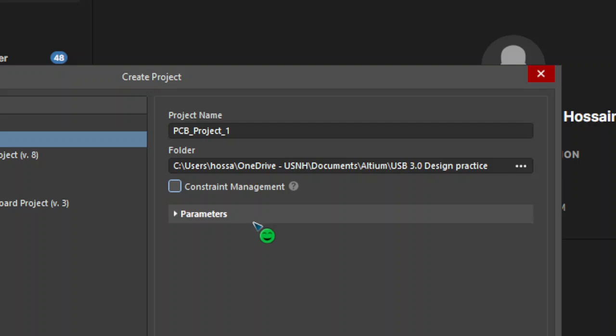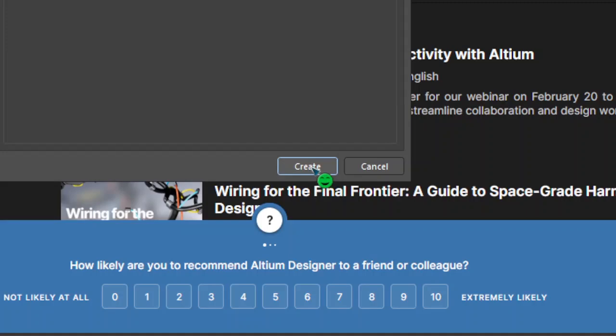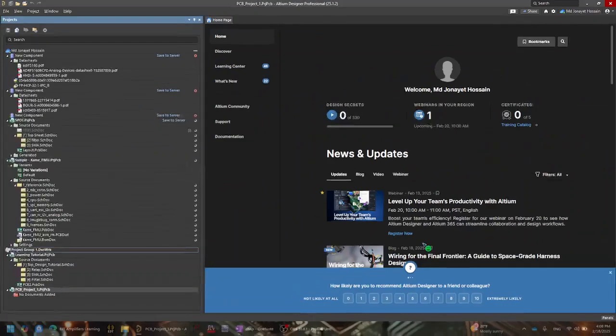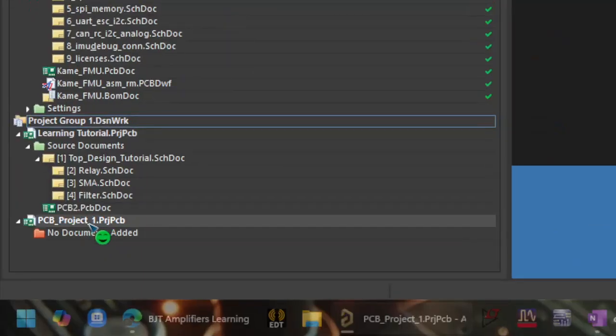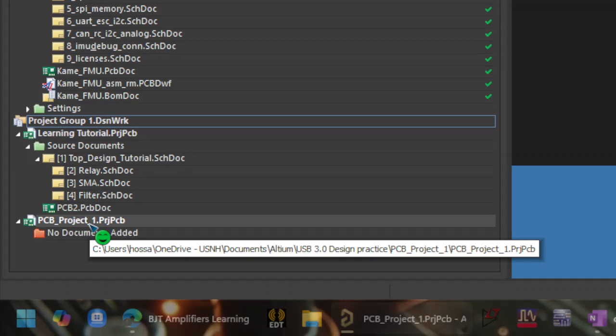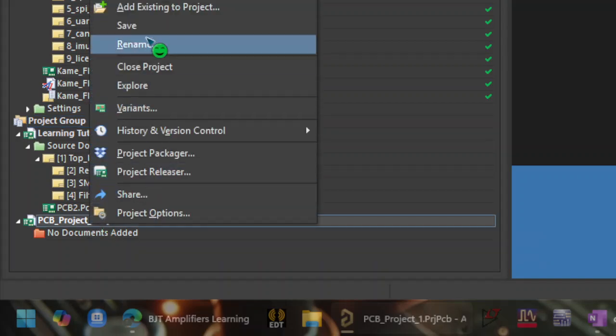Once you click on it, you can go down and start creating your project. You can just go here and create your project, and once you do, it's going to create a file here, as you can see, like a PCB project. You can also give it a nice name if you want. So I can just give it a name of